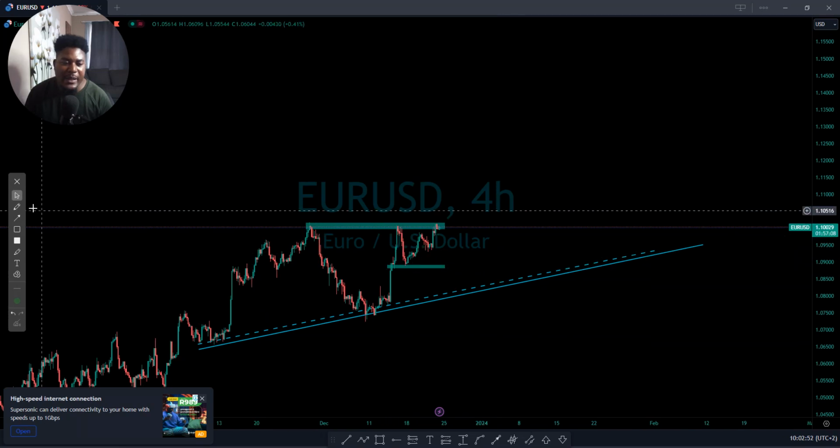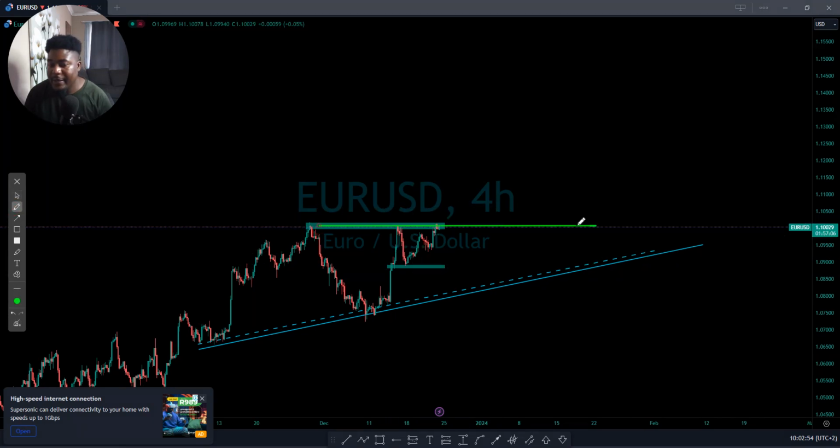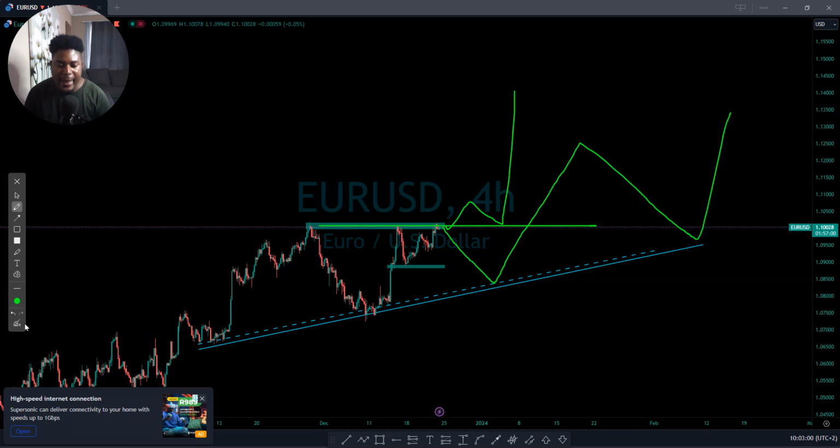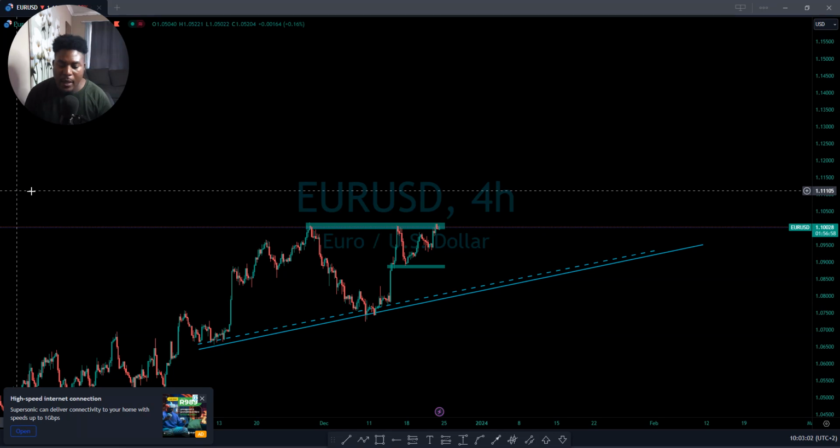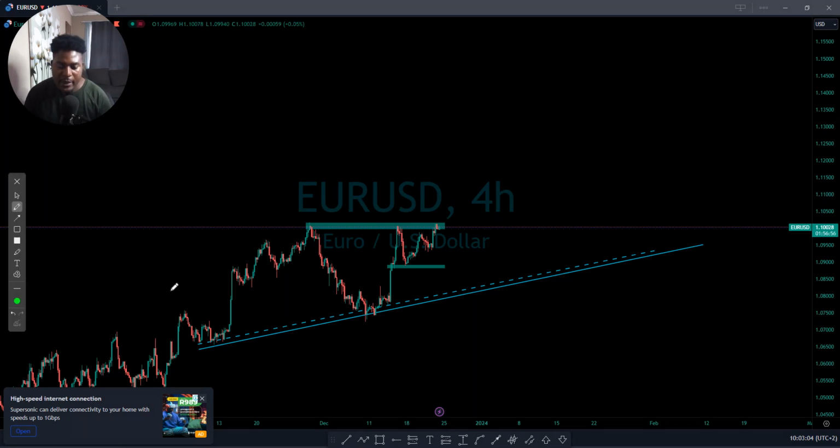So now we're just waiting to see whether the market is going to break this resistance. It's fine, we're going to take a buy. If not, maybe we'll see another reversal. Then we can continue buying like that as we are on an uptrend. Look, I closed that trade. So let's push to the next one.